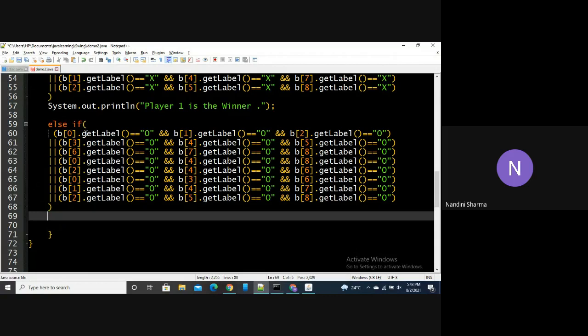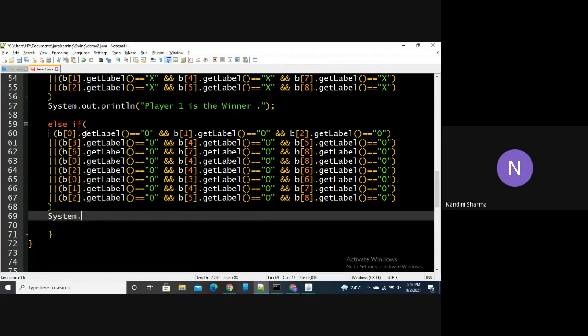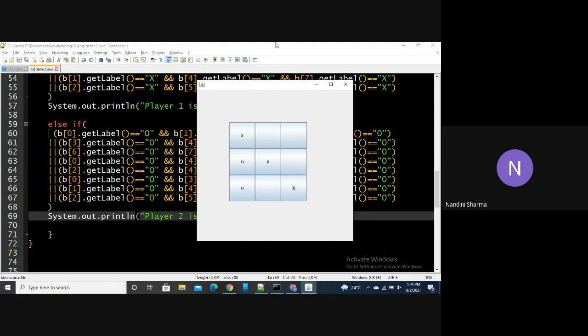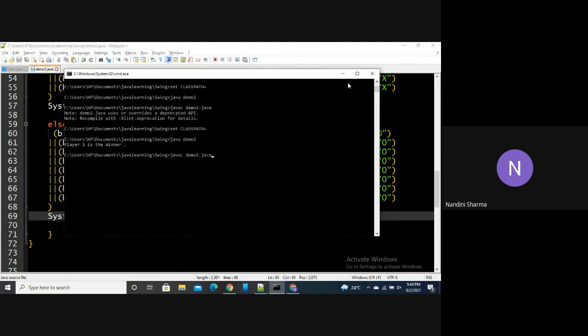Now, if this condition is satisfied, we want to print that the second player is the winner. Let's compile it and check if there are any errors.